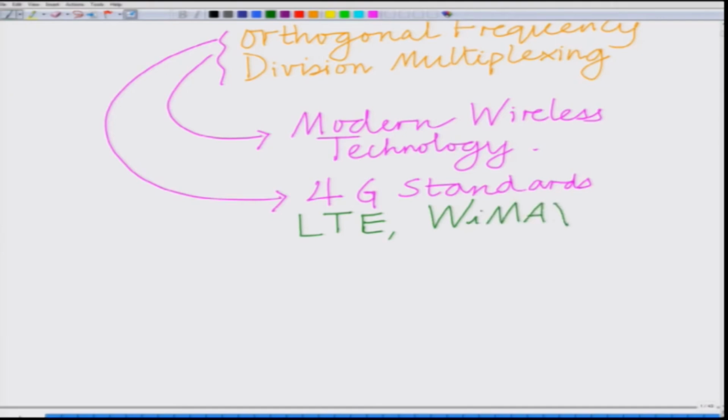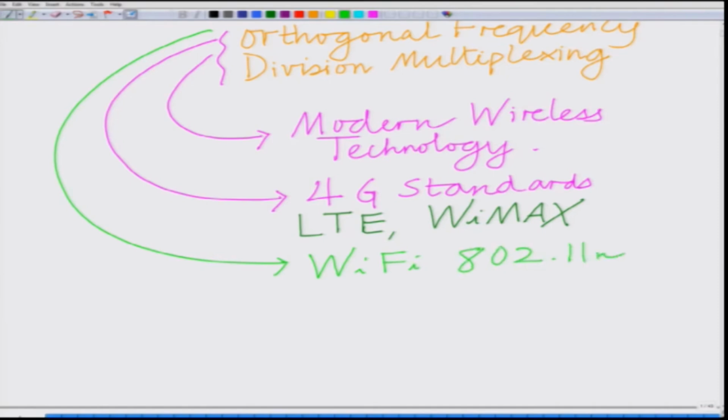It is used in the WiMAX standard and is also used in other standards such as Wi-Fi, for instance 802.11n, 802.11ac and so on. So, OFDM is a very powerful and a very important technology because of its wide applicability in the modern 4G wireless standards as well as the Wi-Fi standard. So, to understand estimation for OFDM, we have to first understand what orthogonal frequency division multiplexing is about. To understand that, let us again start with our ISI, or intersymbol interference limited channel,